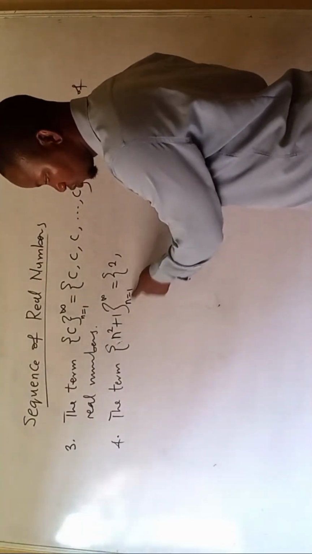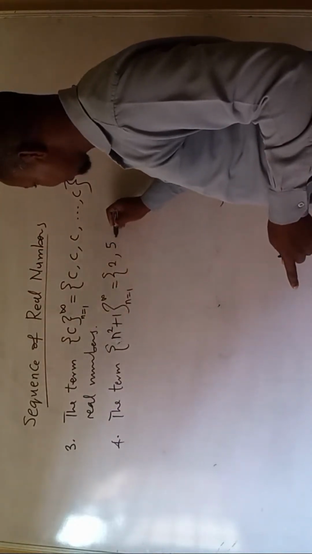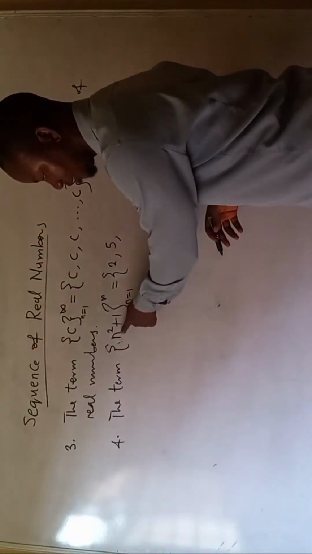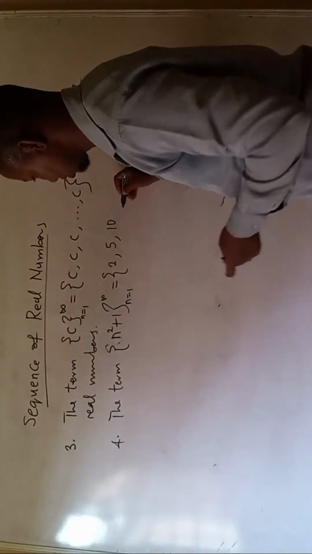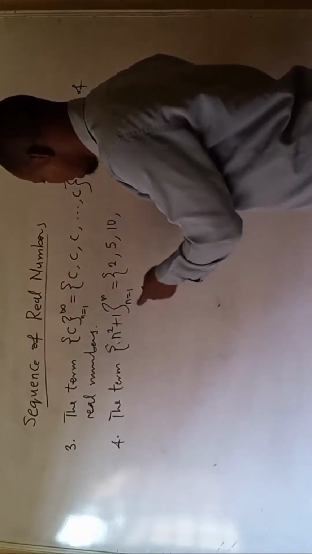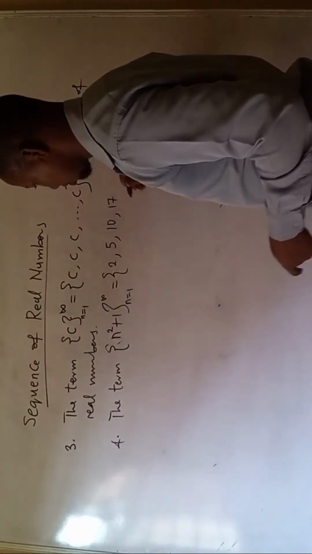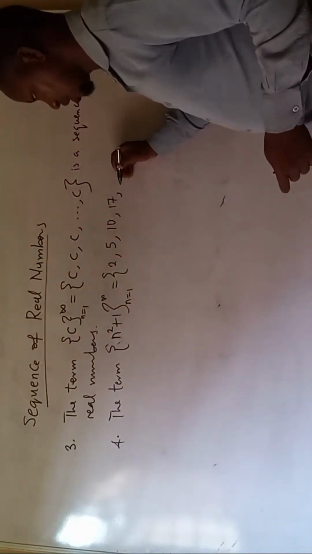And when n is 2, this should be 4 plus 1, that is 5. When n is 3, this should be 9 plus 1, that is 10. Okay? When n is 4, that is 16 plus 1, that will be 17. And this goes on,